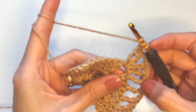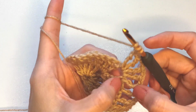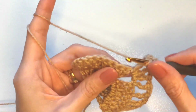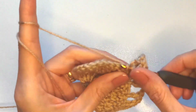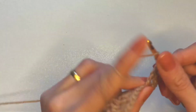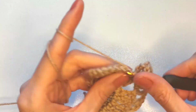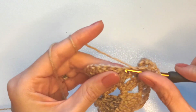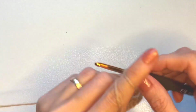And you come here like that, so you can go here like that. So insert the first stitch, start with the first, make a treble, chain 1, skip 1, insert the next one, chain 1, skip 1, insert the next one,